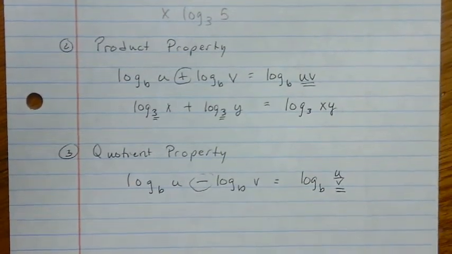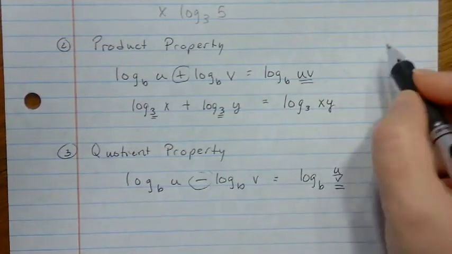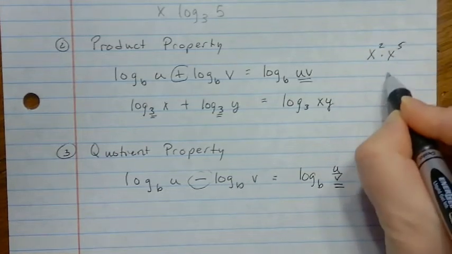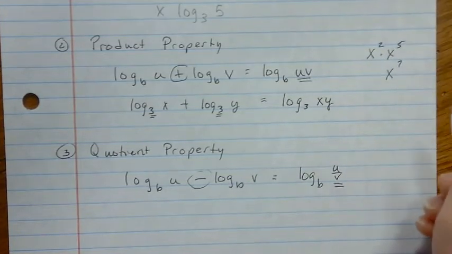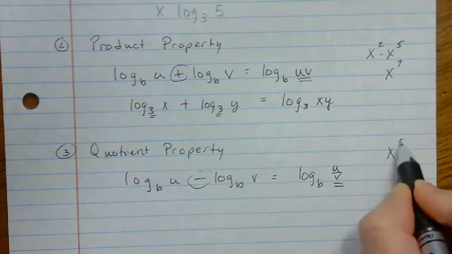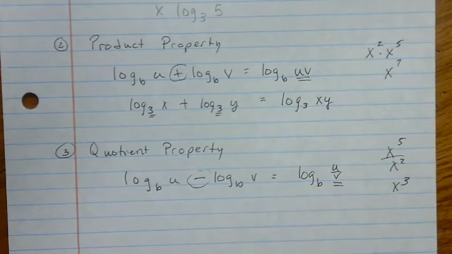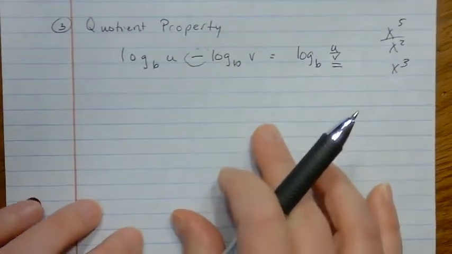And that's because they're so closely tied with exponents. If you think about exponents, if I had like x squared times x to the 5th, I would add those numbers. But if I'm dividing, I actually subtract those numbers. So see how dividing and subtract go together. All right, the fourth property